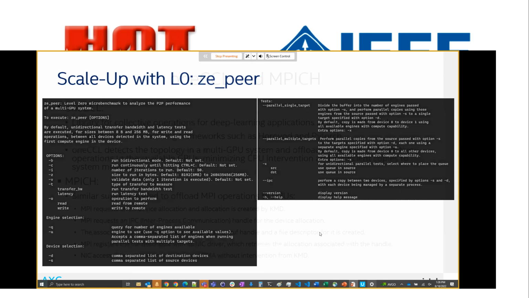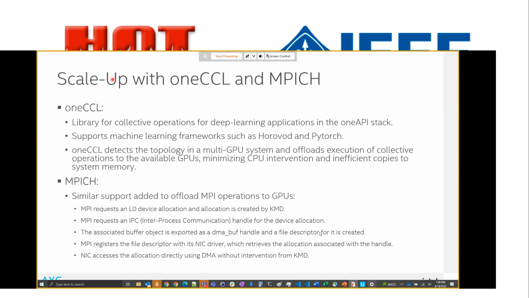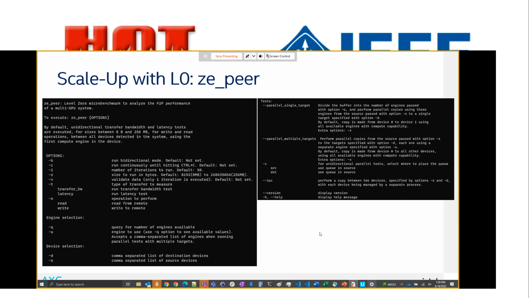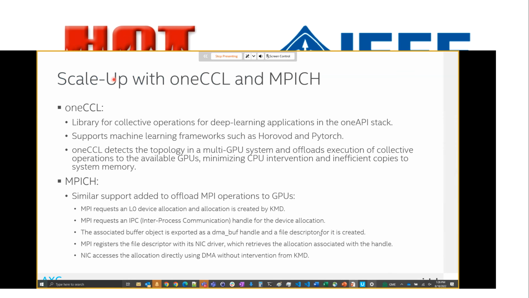Now, this is a synthetic benchmark, and it is mostly used to confirm what your system is capable of giving, if your system is ready for scale-up. But as such, this is just that. It's just a benchmark and tells you the capabilities. However, the interesting part is when this feature is used by high-level programming models,